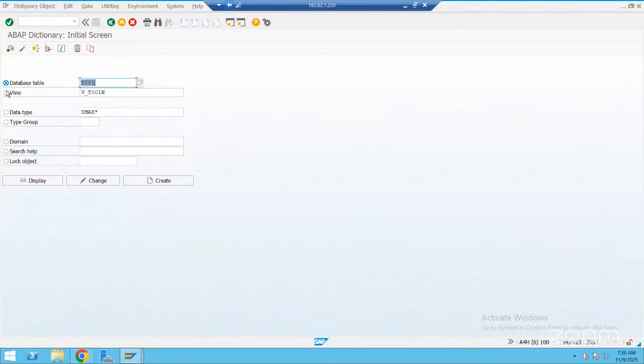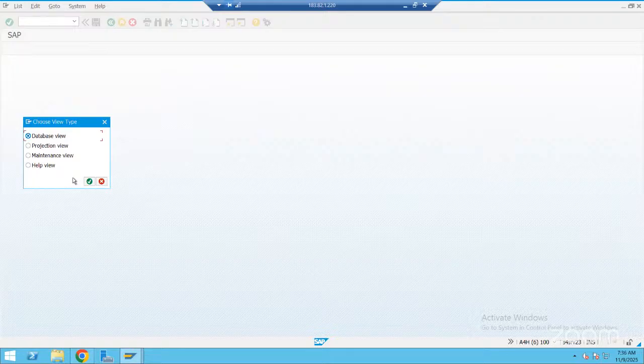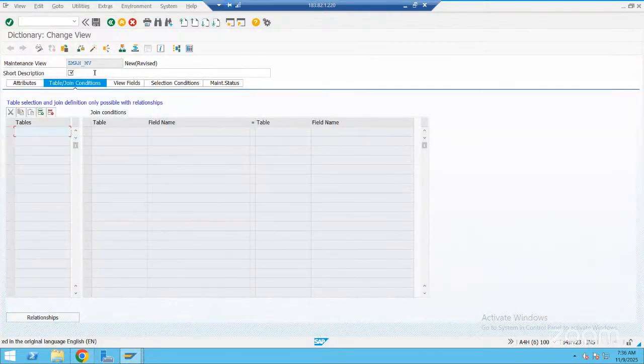Go to here, go to view, and give the maintenance view name here. Click on create. Choose the maintenance view. Right? Do the maintenance view here. Okay. Go to here. Table name T005, TW80. So on this you are creating the maintenance view. Because this is a standard table, we want to insert the data into this table. That is possible through the maintenance view only.